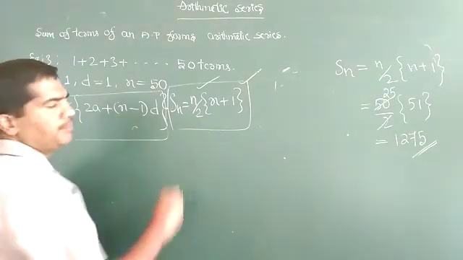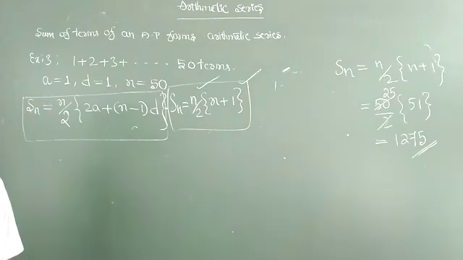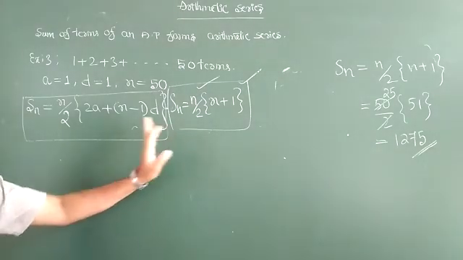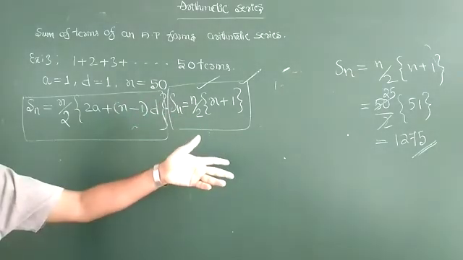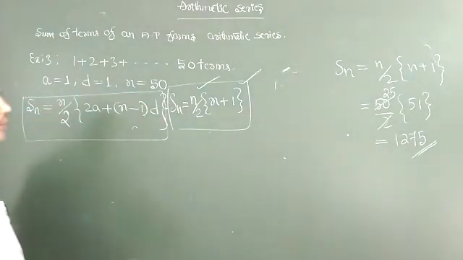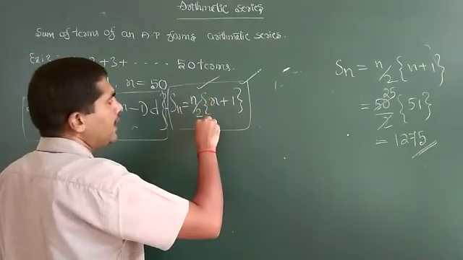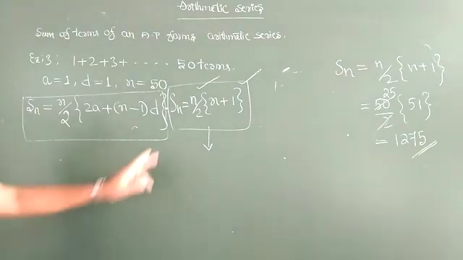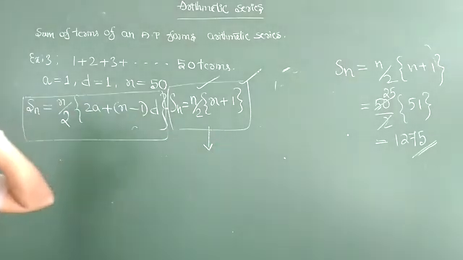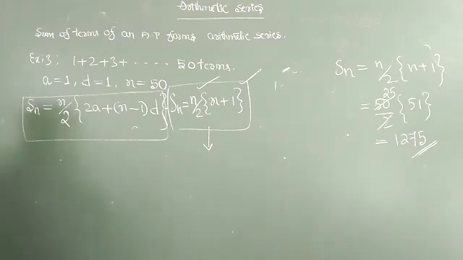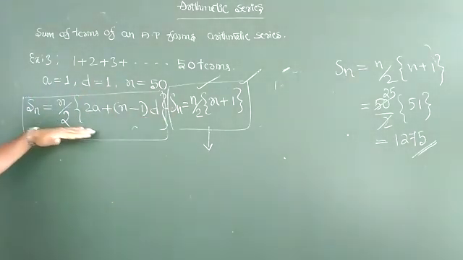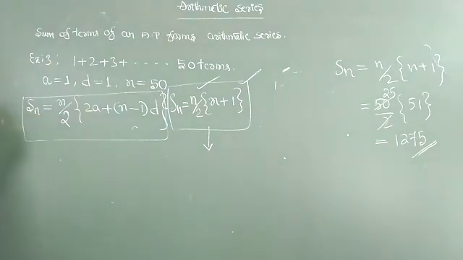Then what about this one? He is a specialist, like maybe a dentist. He can treat your tooth pain only. He can't be used for every formula, every problem. So whenever a natural number series is there, you can use this. Then again you can make it simpler for odd number series and even number series, which we will study later. Whenever the first term and last term are known, you will have one more formula. Like that, they are all specialists. But this formula will help you find the sum of any natural number series.